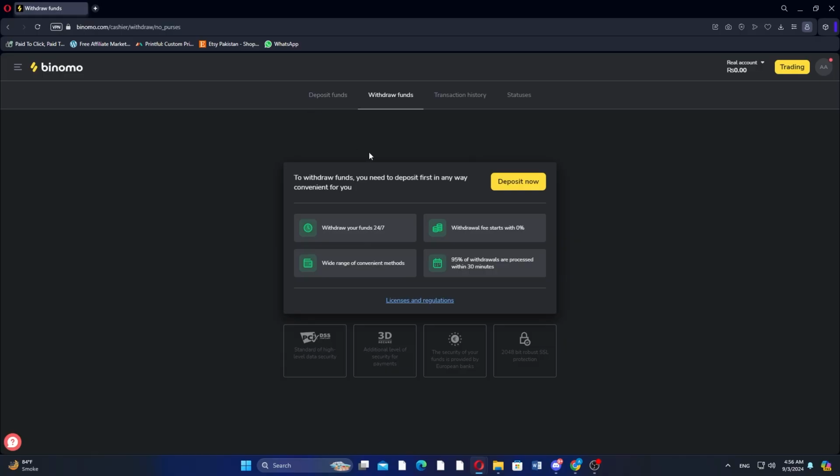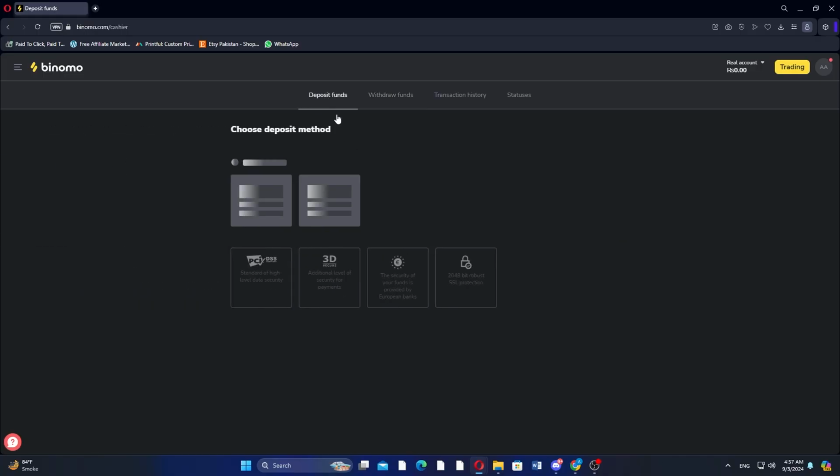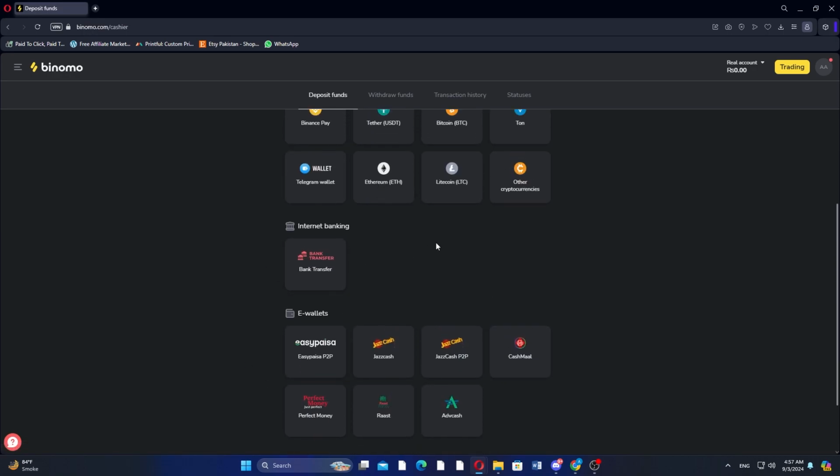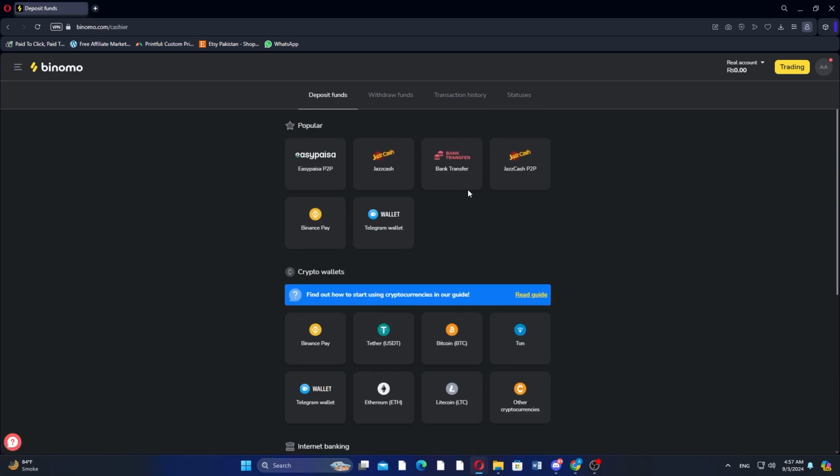Now, to complete the verification process for your bank card, follow the instructions provided on the screen. This may include verifying your card through a confirmation code sent by your bank. Once your card is verified, go to the Withdraw Funds section to ensure that everything is set up properly for